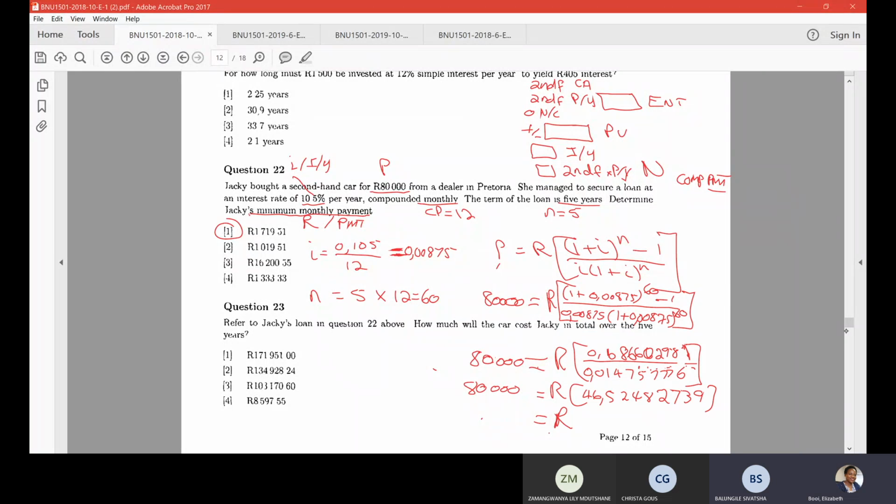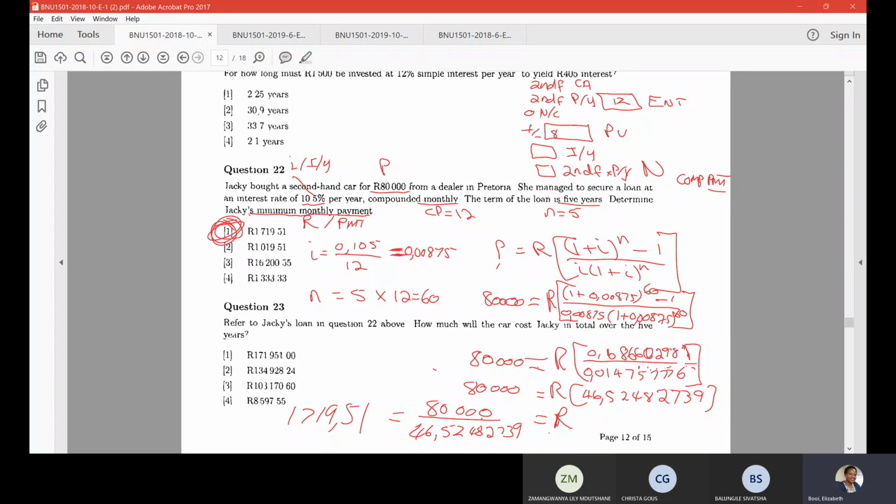We'll be left with R, and we divide 80,000 by 46.52482739. 80,000 divided by 46.52482739 equals 1719.51, and that is the same as what Krista has got, which she got by substituting compounded 12,